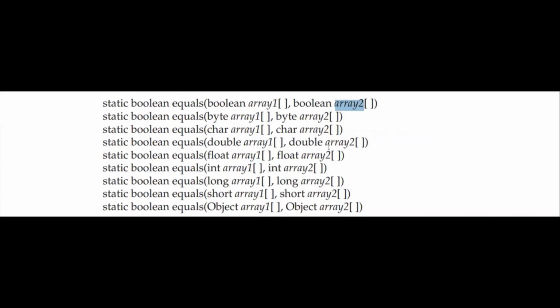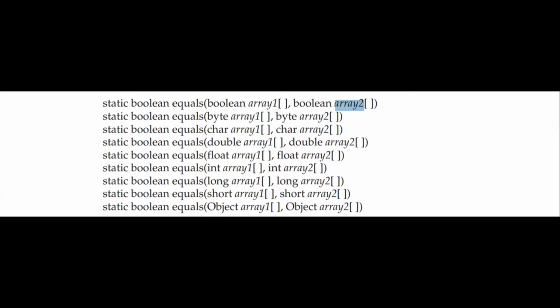Here one more variant is there, that is deepEquals. The deepEquals method can be used to determine if two arrays contain nested arrays, and the nested arrays are compared. A nested array is nothing but an array within an array. So instead of equals, the method that is used is deepEquals. The deepEquals method returns true if the arrays passed in A and B have the same elements, and if A and B contain nested arrays, those nested arrays should also be the same. In that case, the deepEquals method will return true.